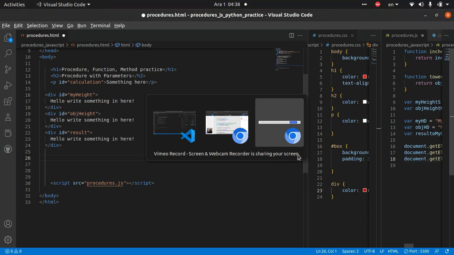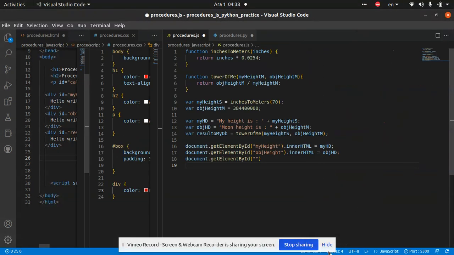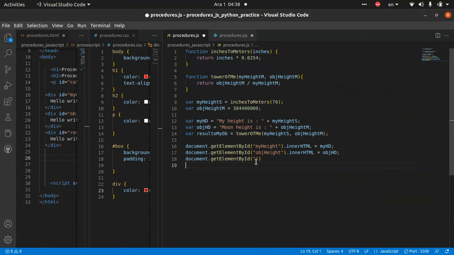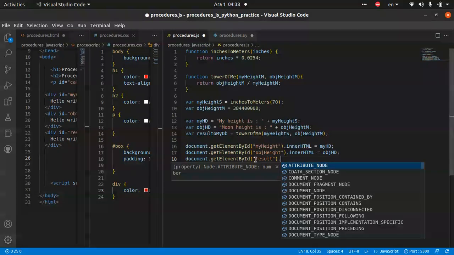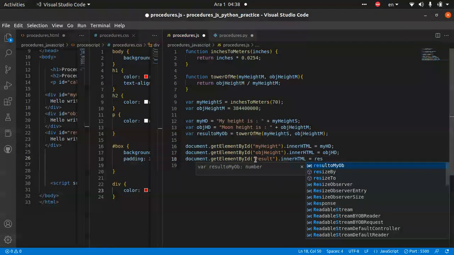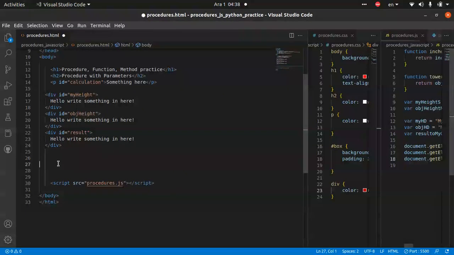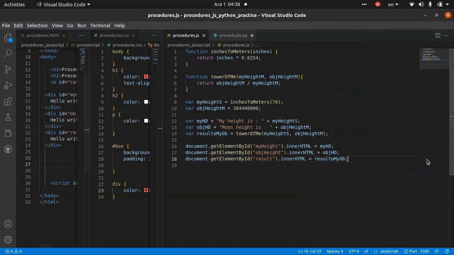That's only result, right? Okay, just come here, hide it, say result, and say innerHTML, let's say equals result my, oh, this one. So everything is ready. Let's try it out. What will happen, guys? See,